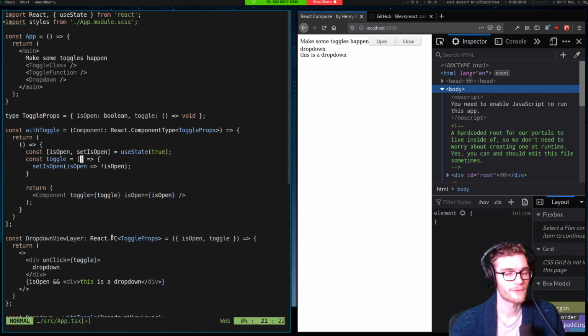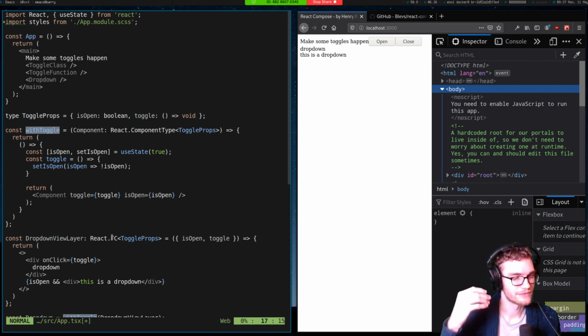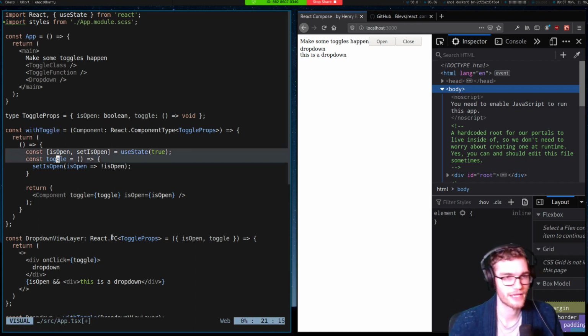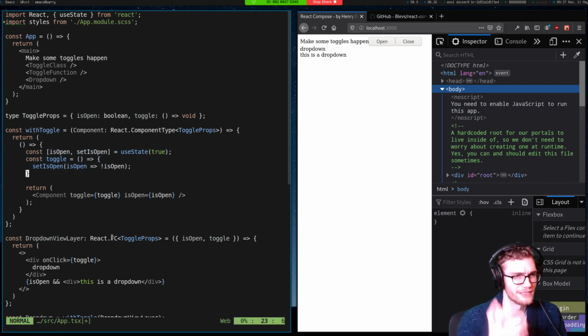But now I'm able to create this reusable factory with toggle, where I can give it any component that I want that accepts those props, and I can reuse this same set of hooks and custom functions or class-based stateful logic or whatever. It doesn't matter. I get to write the state once and then use it in my view layer wherever and